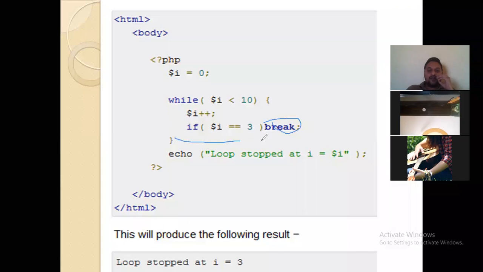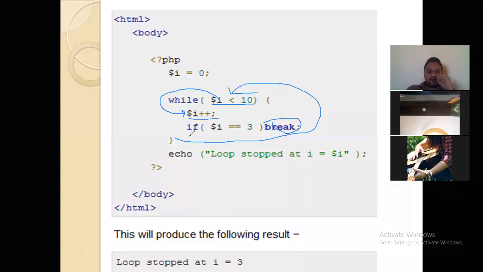It will again go to the condition. 2 less than 10, true or false? It is true. So it will go inside the body again and execute this statement. So 2 plus 1 becomes 3.